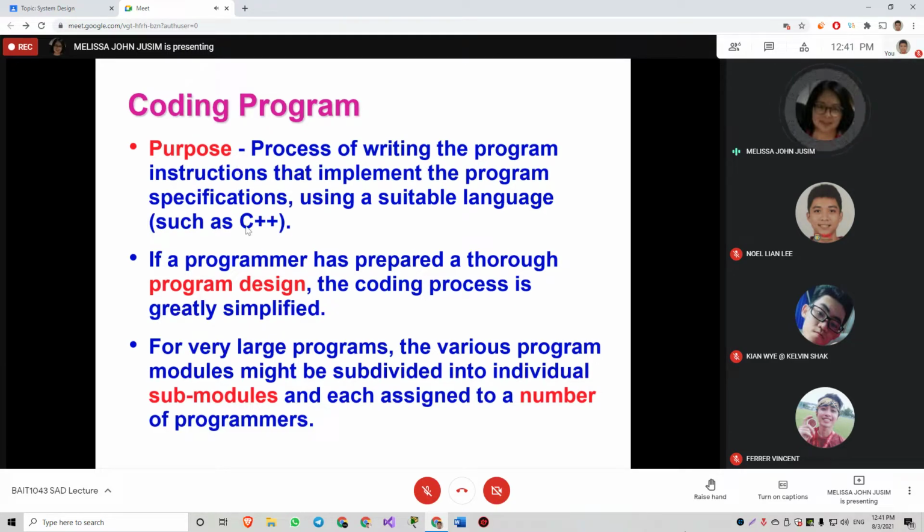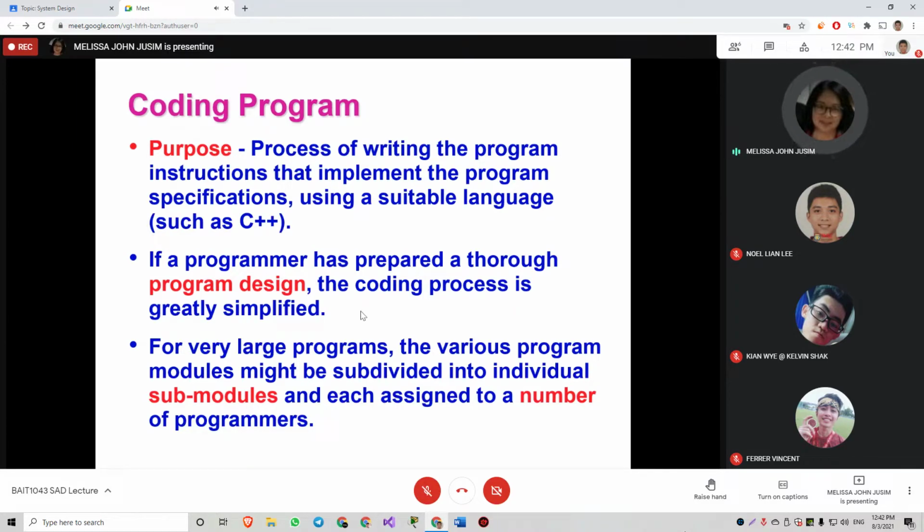Based on the program design, if you look at our SDLC, the SA will prepare the SDS, the system design specification. If the system design specifications are complete, and the procedural design, say the structured English, decision tree or decision table, is very clear, then when the programmer does their coding, it will be much simpler to understand.